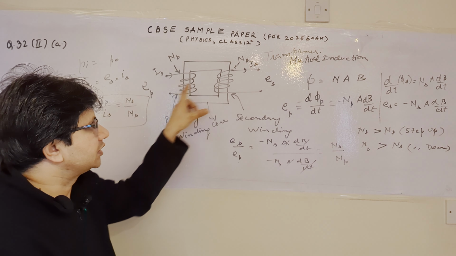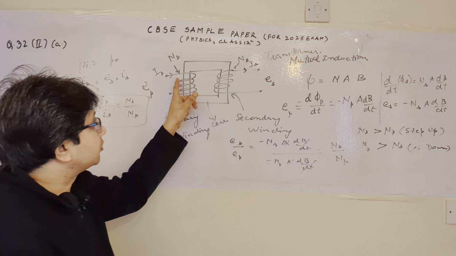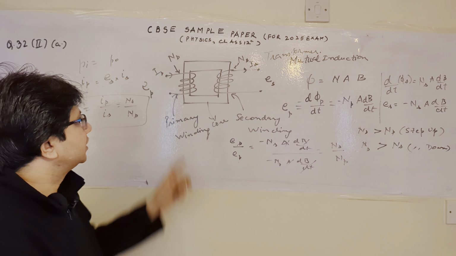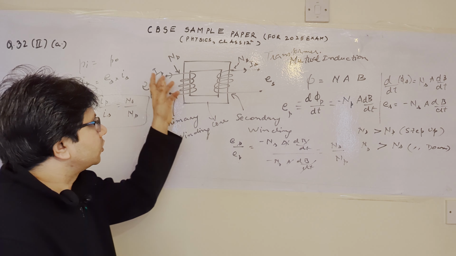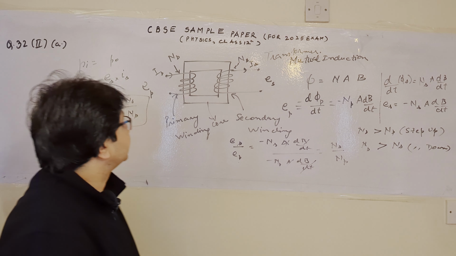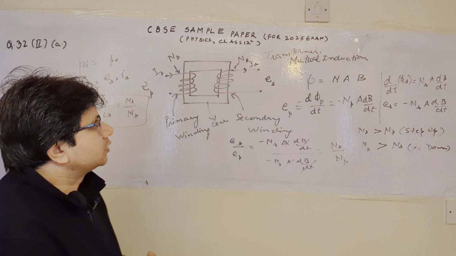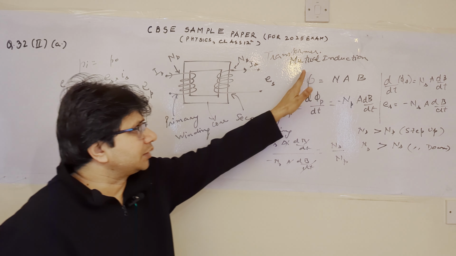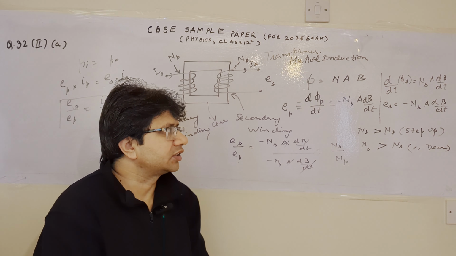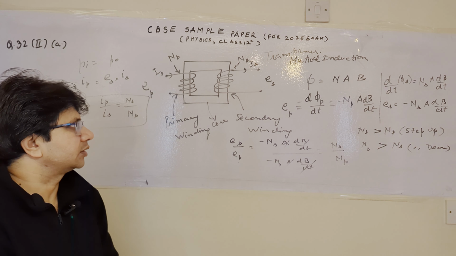तो सबसे पहले हमें नेम लिखना है उस डिवाइस का, विच इज ट्रांसफार्मर। उसके बाद हमें डायग्राम बनाना है। डायग्राम में हमें प्राइमरी सेकेंडरी साइड शो करनी है, हमें नंबर ऑफ टर्न्स शो करने हैं प्राइमरी सेकेंडरी साइड, हमें ईएमएफ जो है शो करना है E_s एंड E_p, और साथ के साथ हमें करंट भी शो करनी है दोनों साइड्स में। फिर उसके बाद हमें उस वर्किंग प्रिंसिपल बताना है, किस प्रिंसिपल बेस्ड है। तो इसका जो प्रिंसिपल है मेनली वो है म्यूचुअल इंडक्शन। ये म्यूचुअल इंडक्शन के प्रिंसिपल पे वर्क करता है।